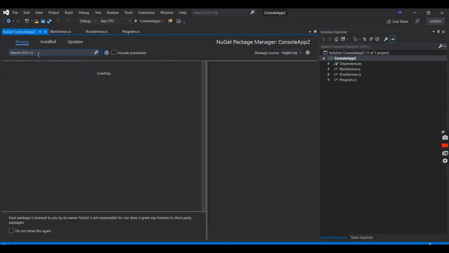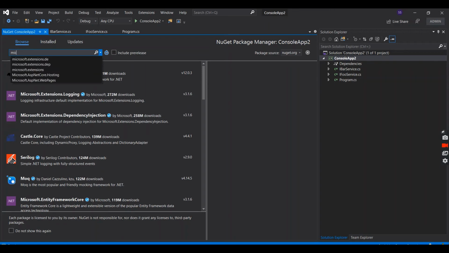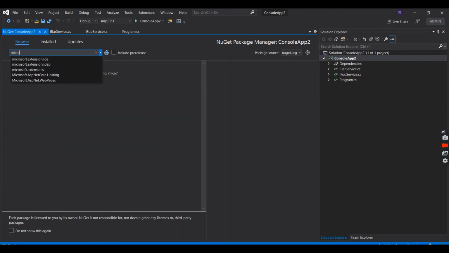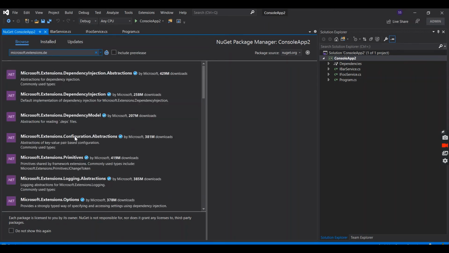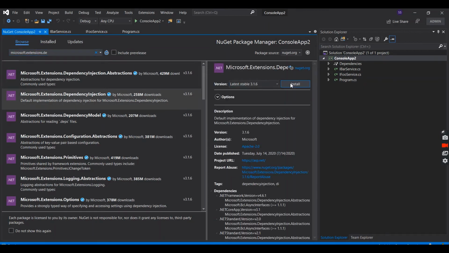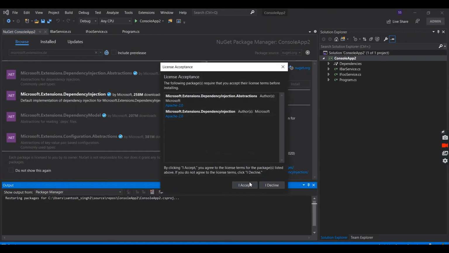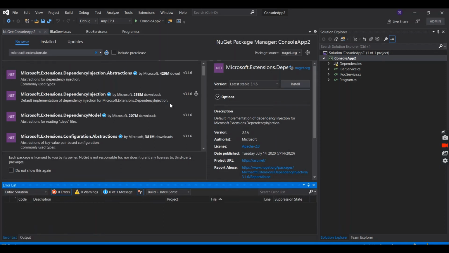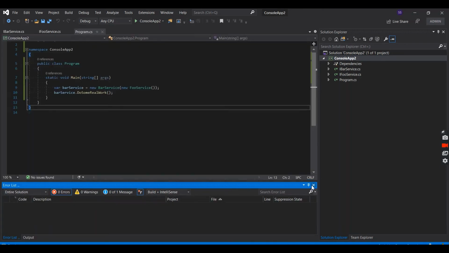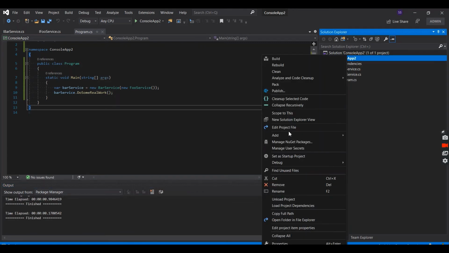To add dependency, you have to add a NuGet package called Microsoft.Extensions.DependencyInjection. Install this package, accept the license agreement. The package is installed.